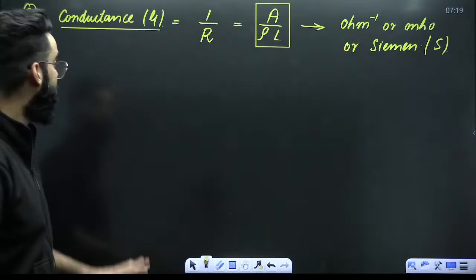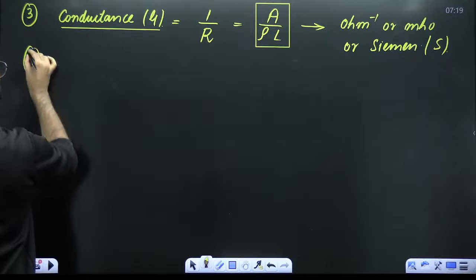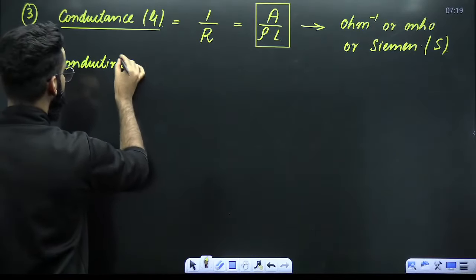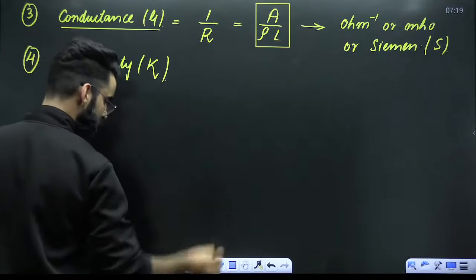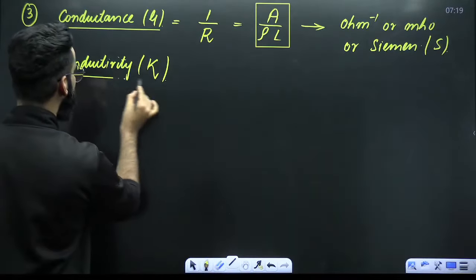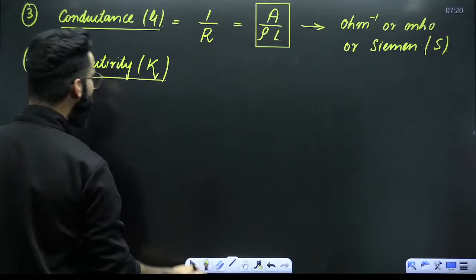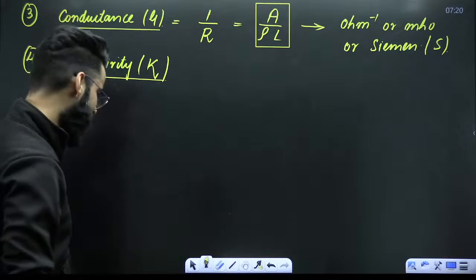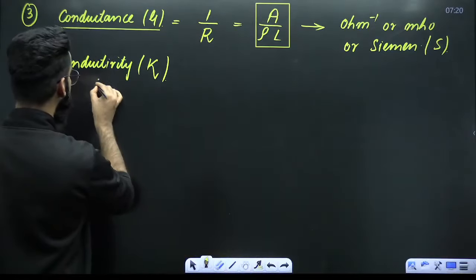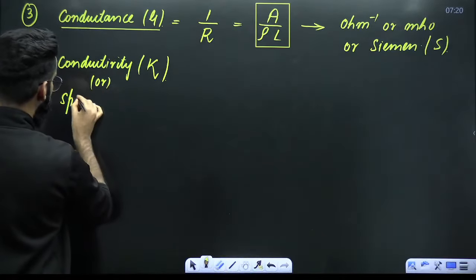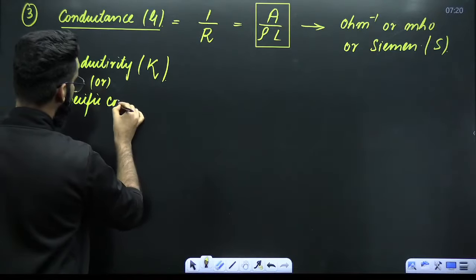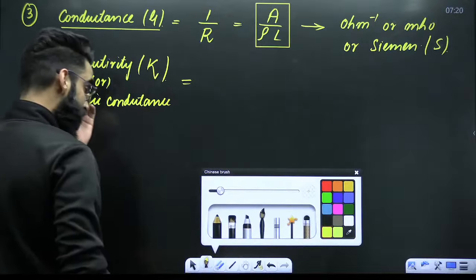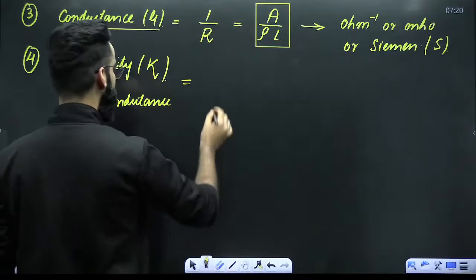Okay. Now similarly, my fourth terminology, that is conductivity. Conductivity is represented by kappa, right? Now the point is, how do you define this conductivity? How did we define conductance? Conductance was the inverse of resistance. So how do I define conductivity? Conductivity, or you call it specific conductance. Tell me, how do you define it? Specific conductance is nothing but the inverse of